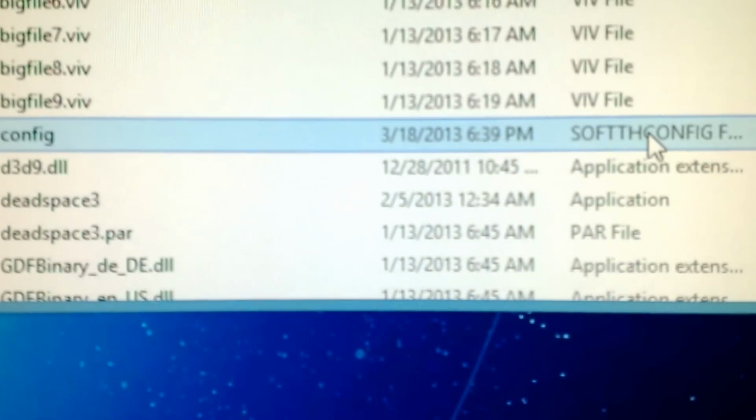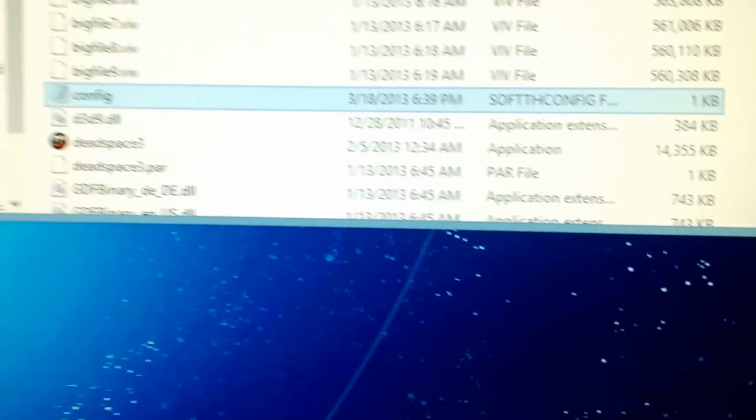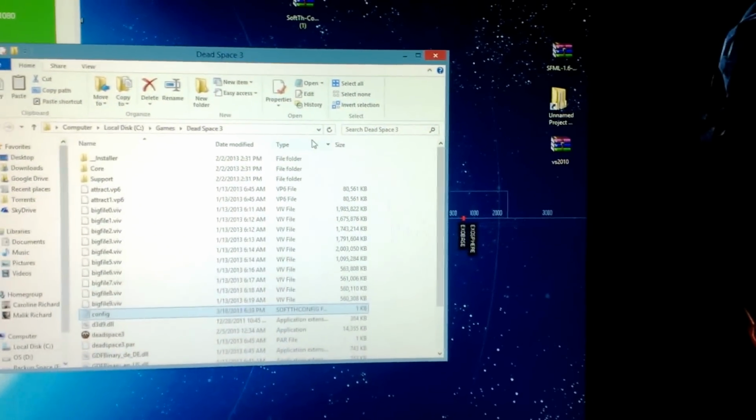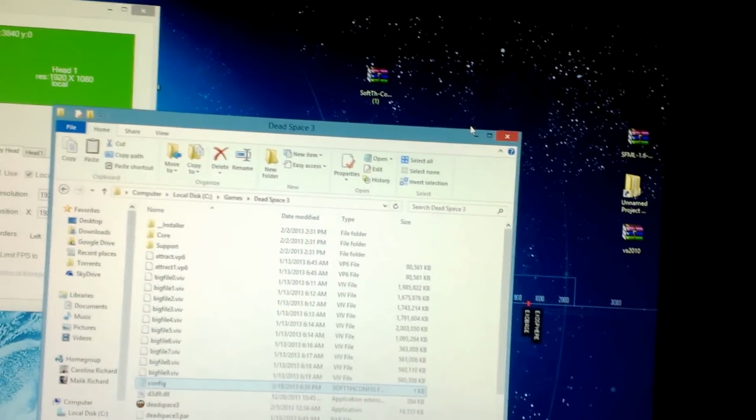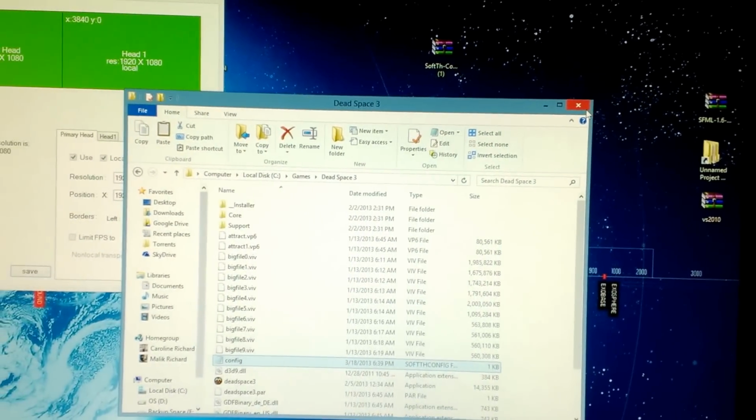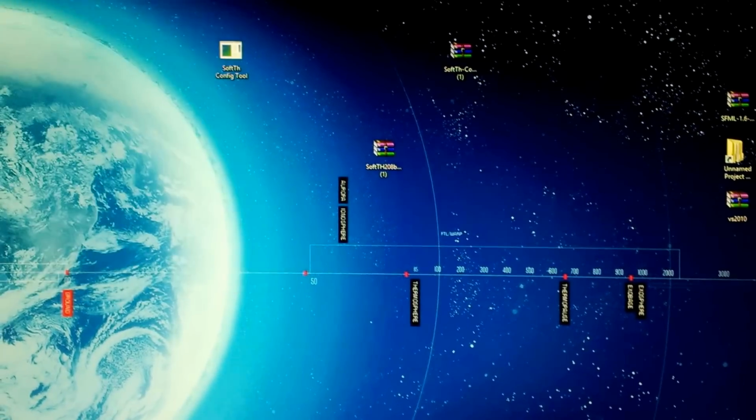So now that you saved it, you'll see the config name. It should be config like that, and it'll be a soft config. It's an actual special type of file, which is why you don't change the name, because for some reason it detects it as a different file type whenever you change the name. So I'm just going to close this out. And then when you load up the game,